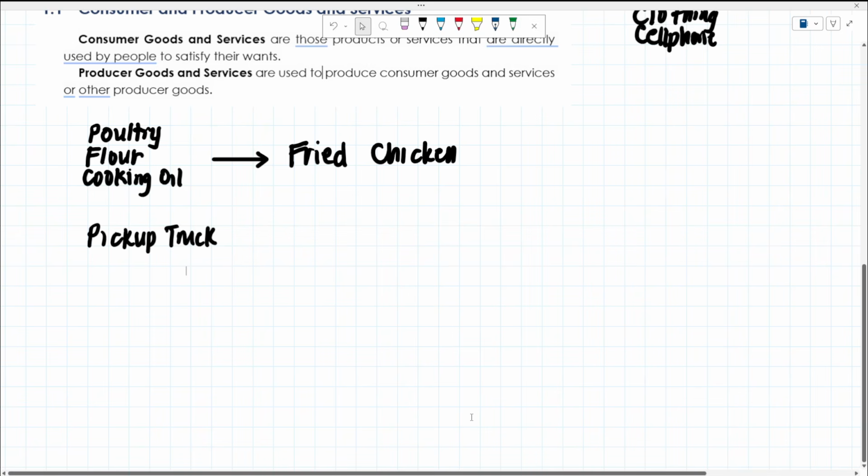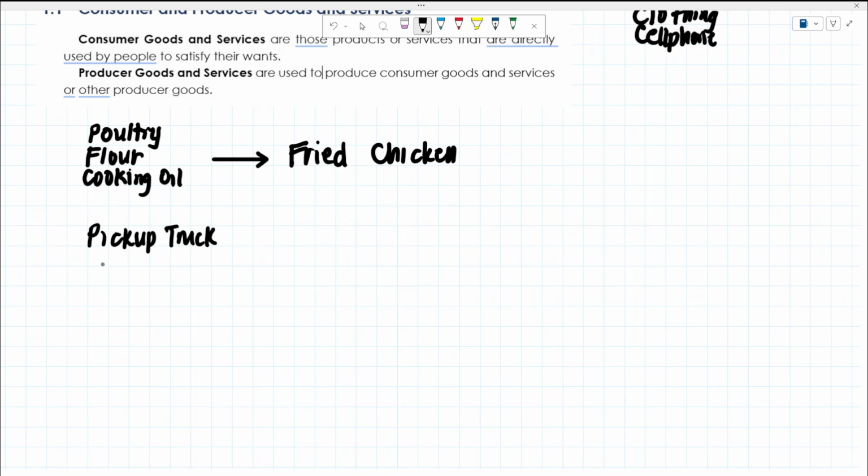So, ano pang pwede nating example? Let's say, laptop na lang para mas relatable din. Yung laptop, pwede siyang ma-classify as consumer goods, no? Dun sa context na bibili tayo ng laptop na may let's say high specs, kasi yun yung gusto natin. Gusto nating mag-game, so bibili tayo ng high performance na laptop.